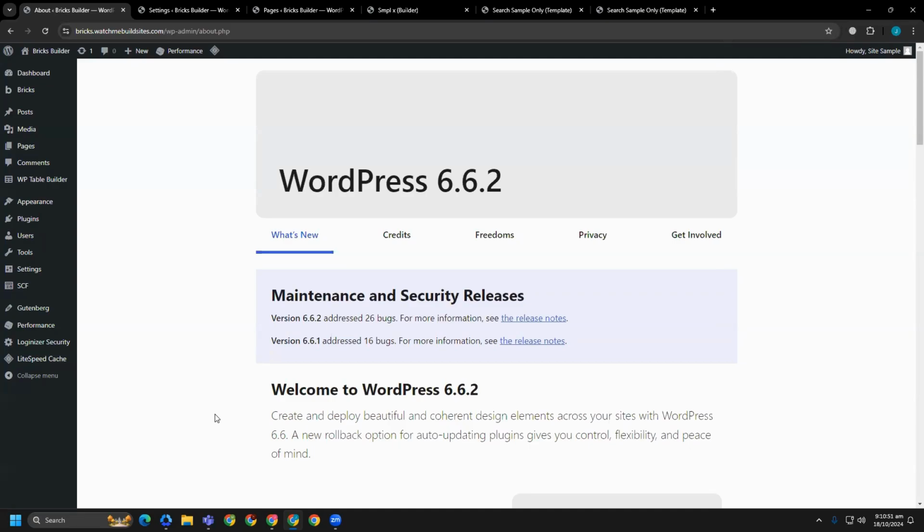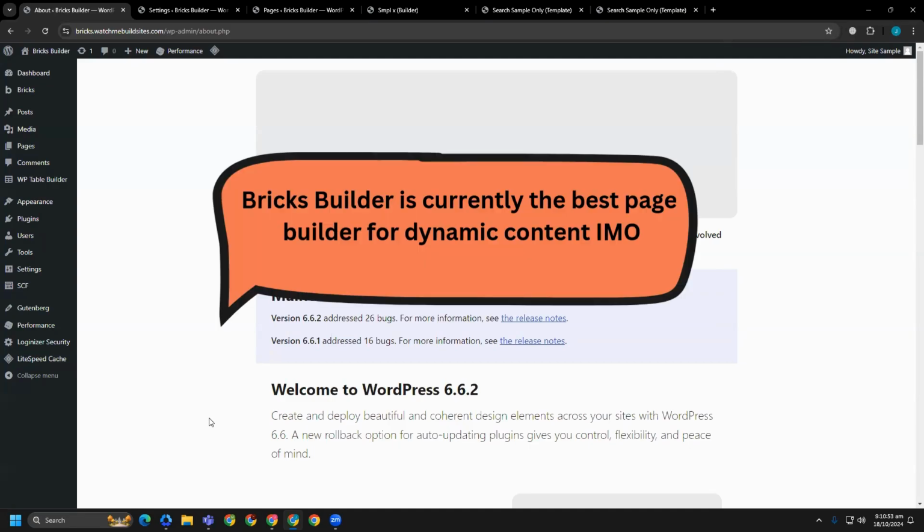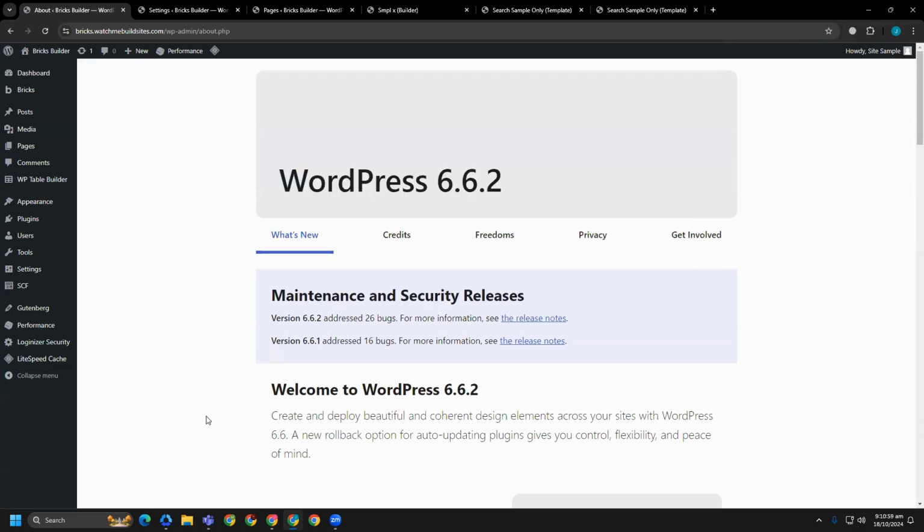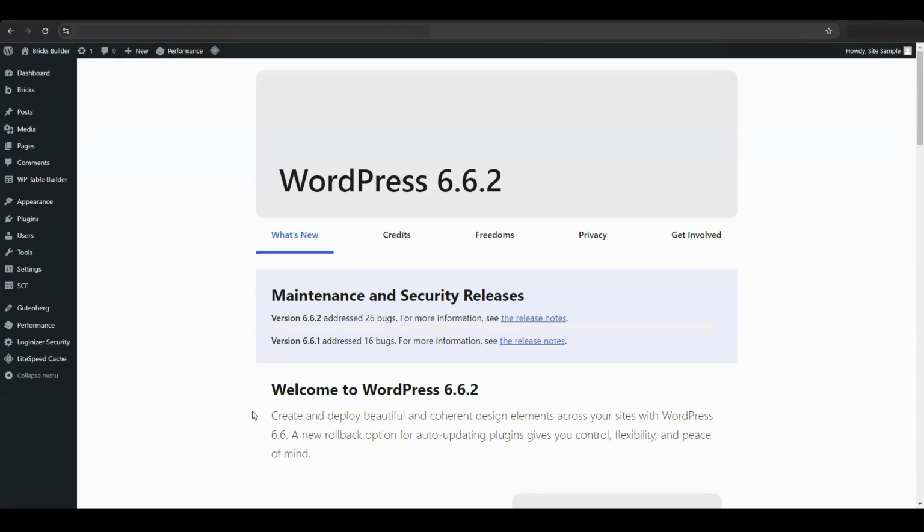And so Bricks does a really good job of letting you manipulate dynamic content and query dynamic content. They built the ability to easily work with dynamic content into the initial iterations of Bricks Builder. So they've just been improving on it with each build. So it's very, very nice to see. And we're just going to go over how to play with those filters by building an advanced search page in